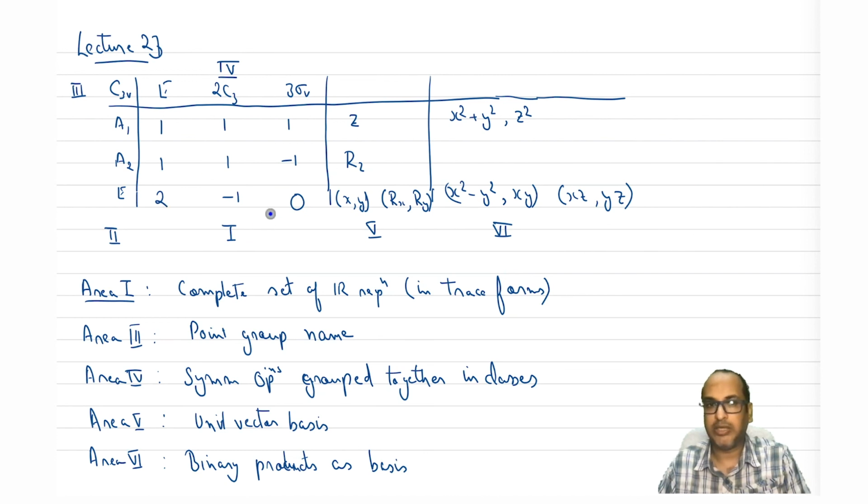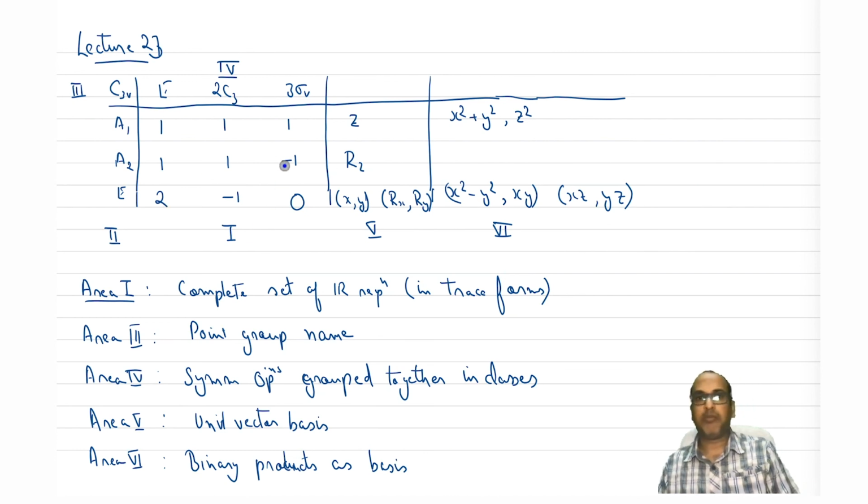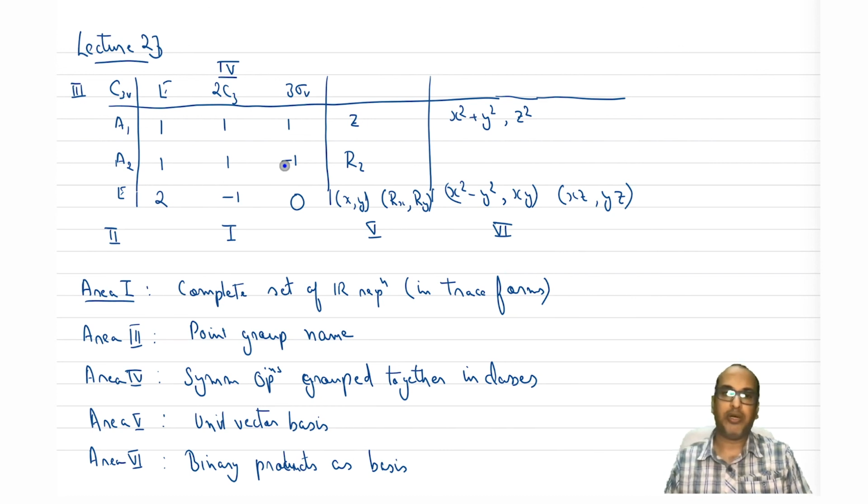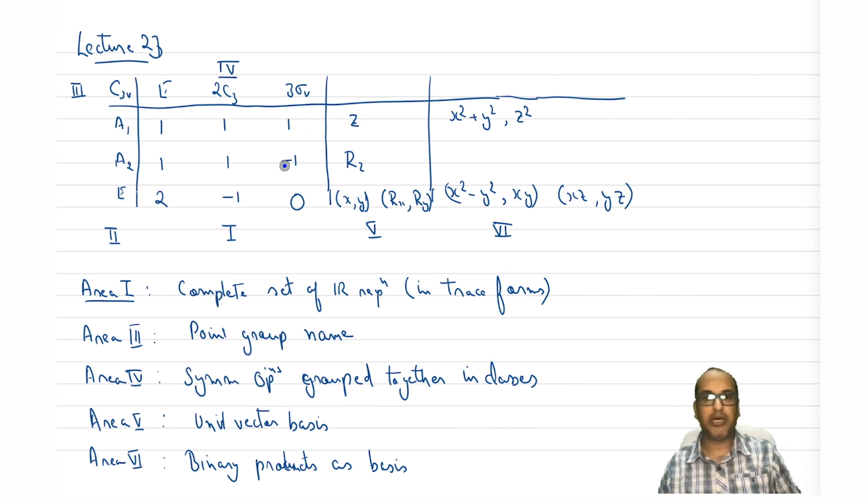We will take up more examples in the next class, at least 2 examples. Meanwhile, you should also try to look at different character tables and see, based on these rules, whether you can uniquely determine the Mulliken symbol for each given irreducible representation. Let's do it at home ourselves and then see if we have any doubts. Okay, so that is all for today, and see you in the next class.